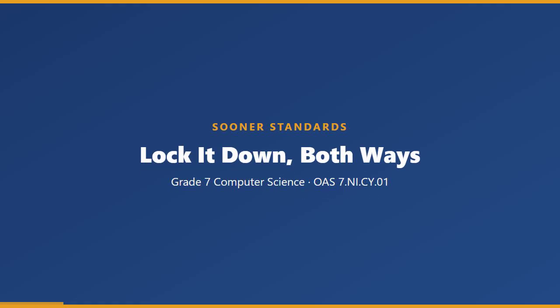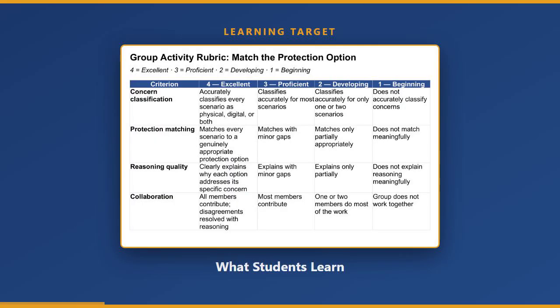From Sooner Standards, Protecting Physical and Digital Electronic Information, a complete Grade 7 computer science unit for Oklahoma Standard 7.NI.CY.01. Students learn to explain how to protect electronic information, both physical and digital, and identify cybersecurity concerns and options